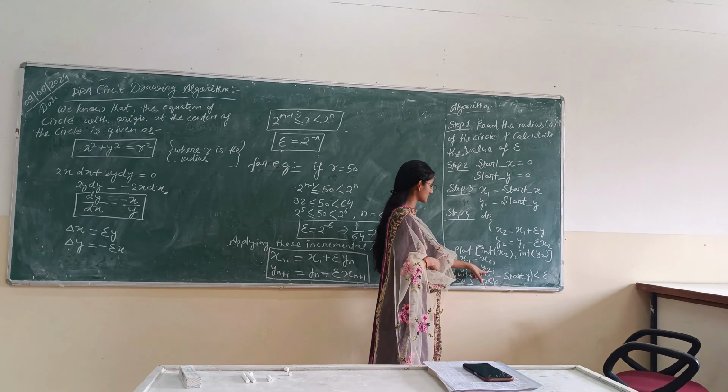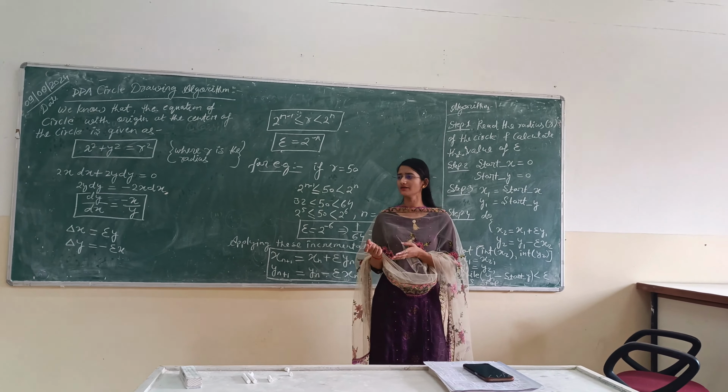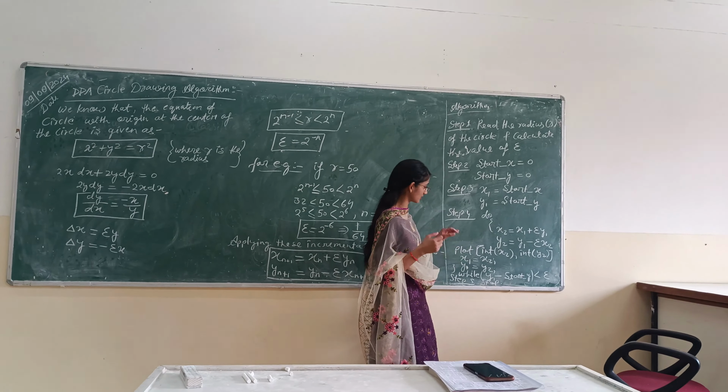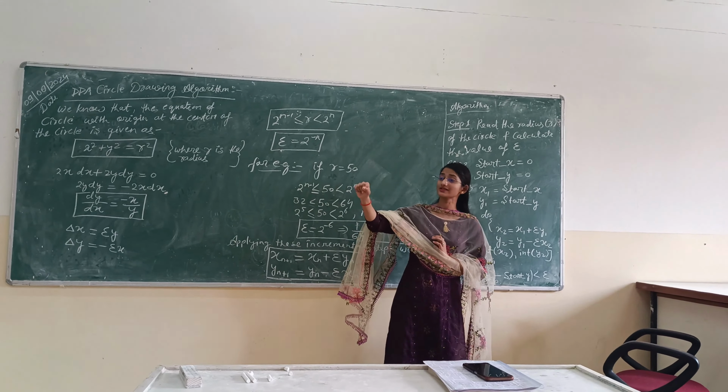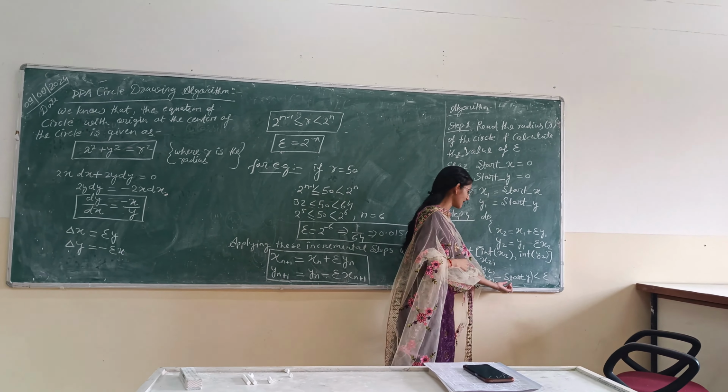And then what will be the next coordinate? The values of x2 and y2 are again assigned to x1 and y1, and then repeat this step until and unless you find your previous starting point. It means while y1 minus start